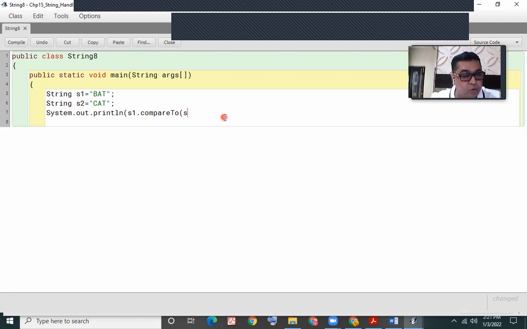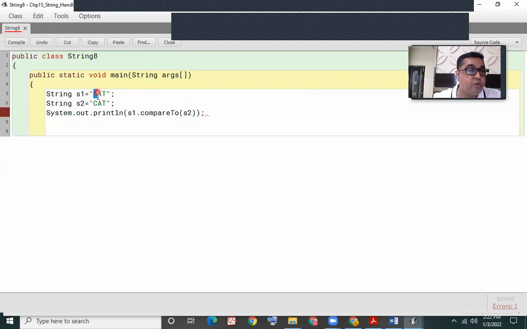In brackets, I'm providing the string s2 to it. So I'm telling my computer to compare s1 with s2.